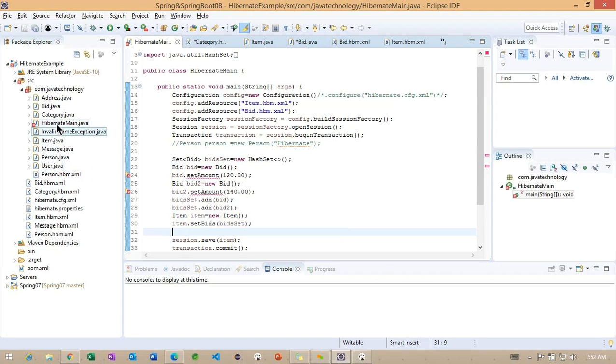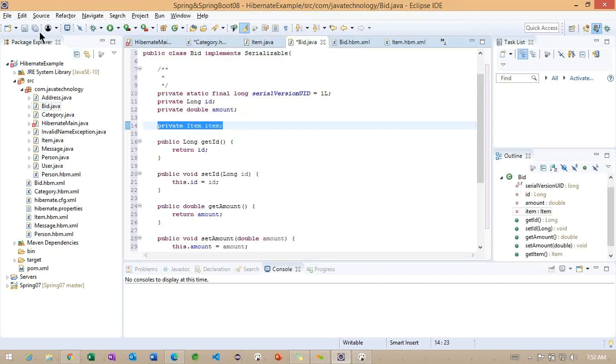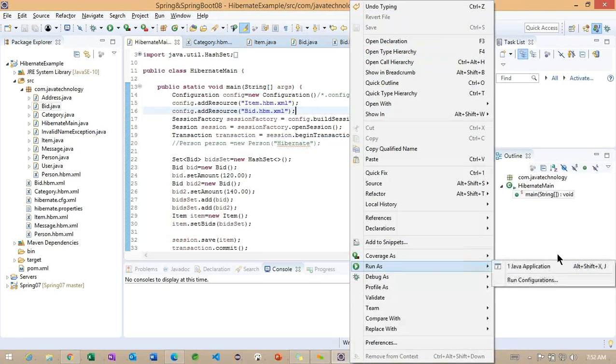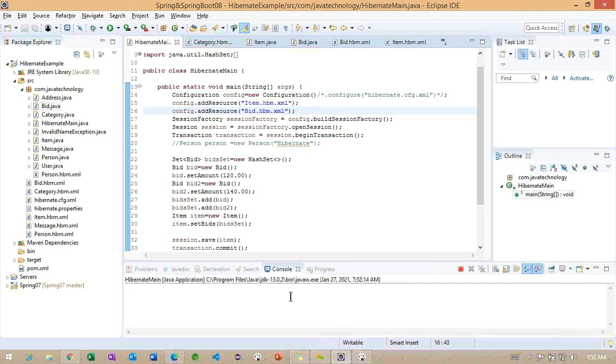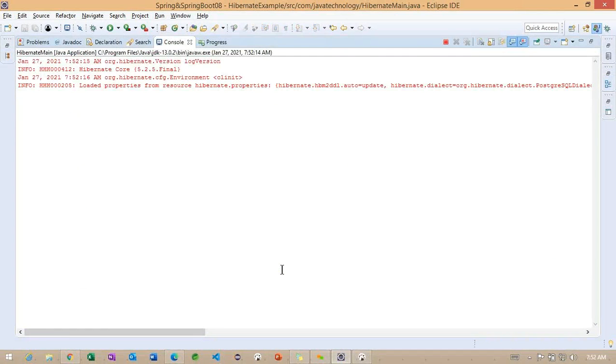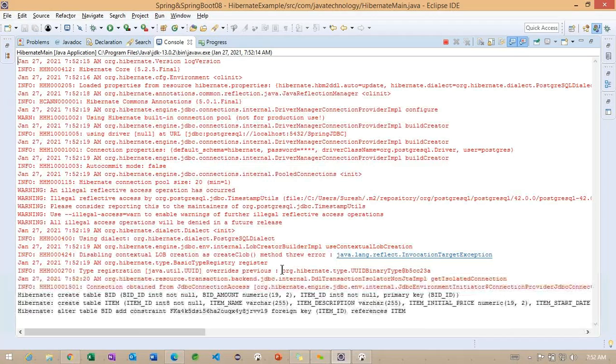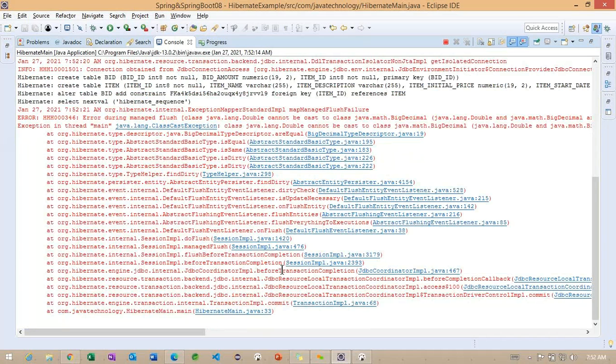Go back to the bid class. So this class is not saved here, because of that we are getting this. Okay, now let me run the same example. So double cannot be cast to BigDecimal.